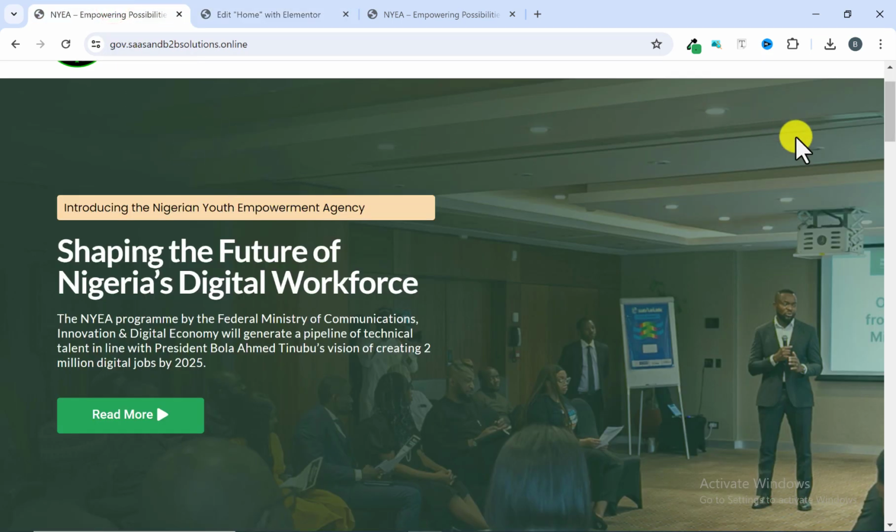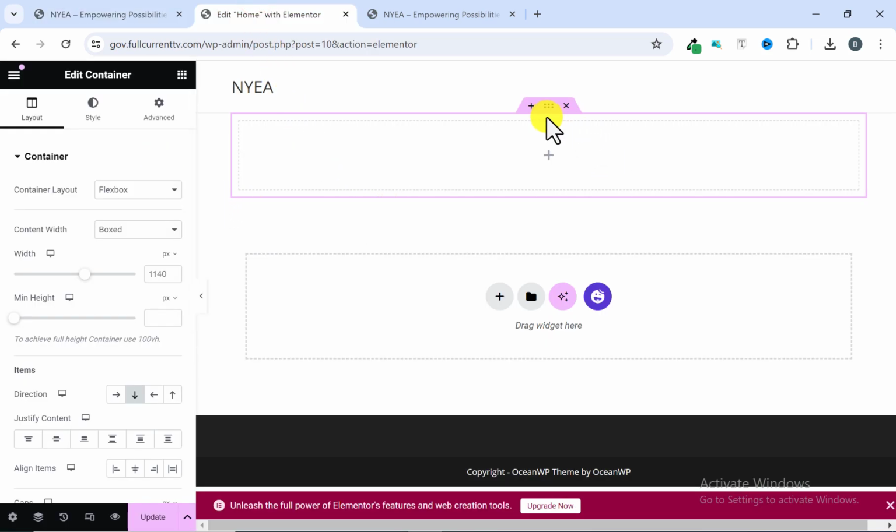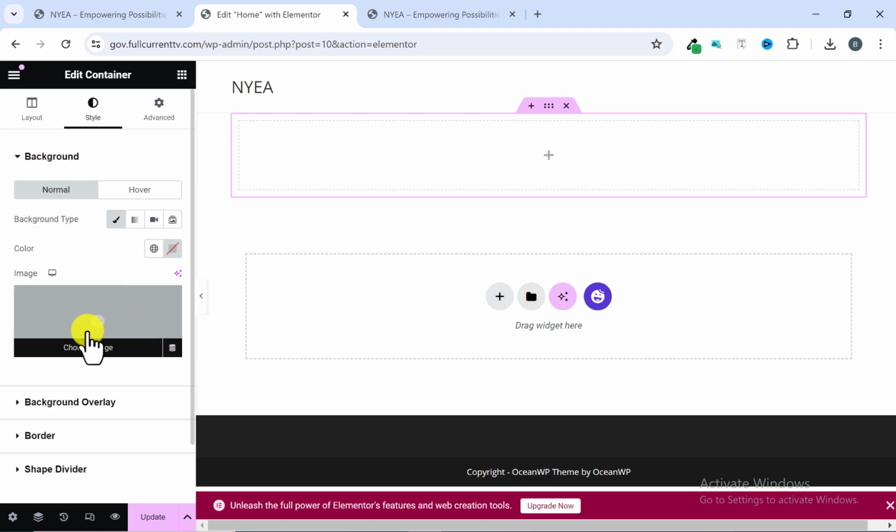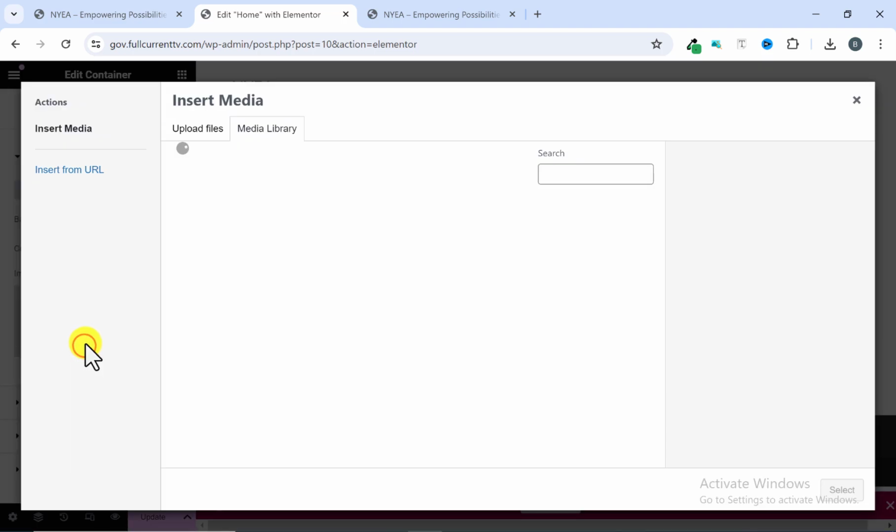Now we have a background image here. See, we have this background image, and that's the first thing we're going to be doing. I want us to add a background image. So click here on these 6 dots to select this whole container. All right, then come to style. You can see the background, click on this brush, background type, and then you can see image,